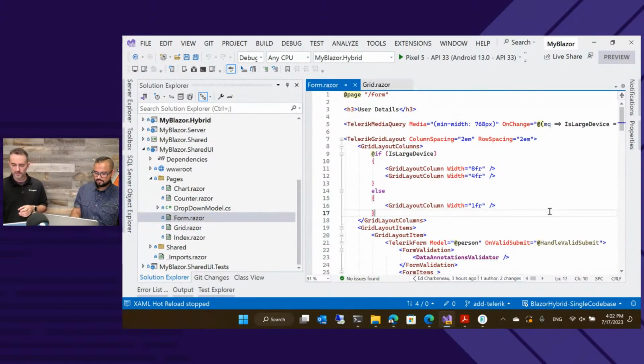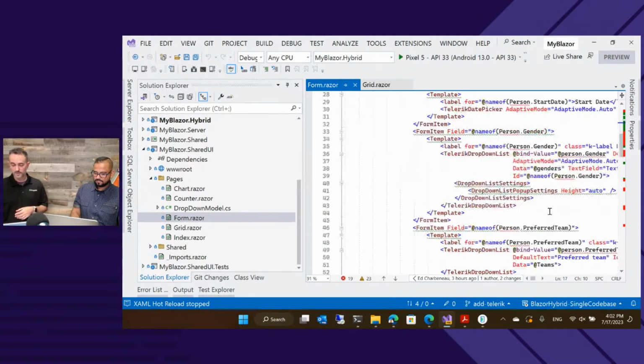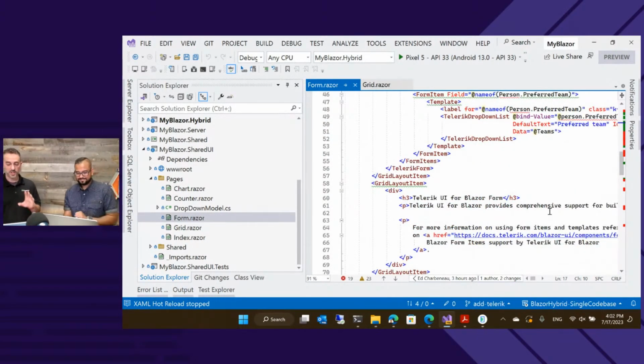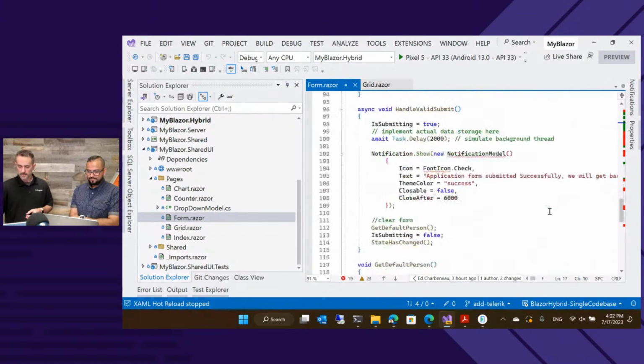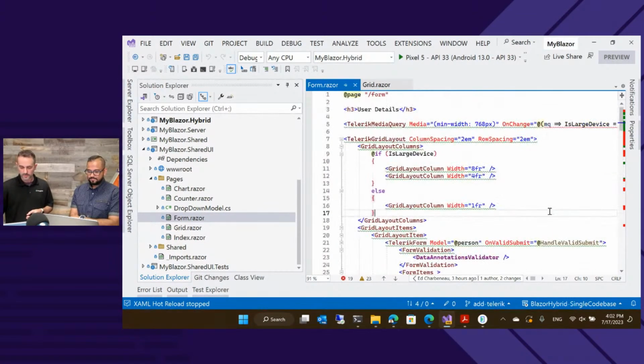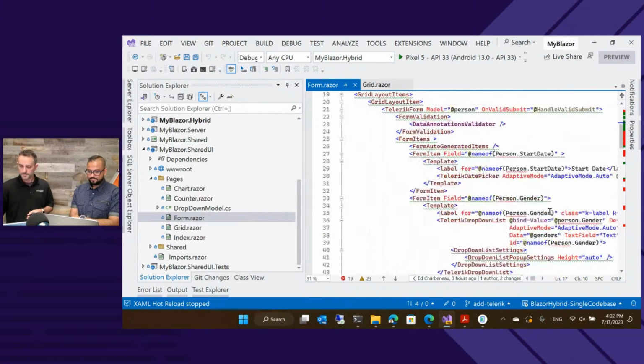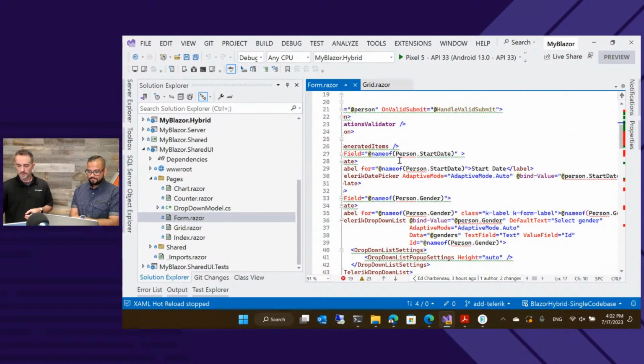I'm going to go over to my form component, and it's still there. Visual Studio didn't like the fact that I changed branches is what it is. But if we look at, sorry, it's on our form inputs. I didn't have to rewrite any of the code. It's not like a per device type of thing. All I'm doing is setting this flag. Adaptive mode. If I set it to automatic, it tells the component to look at the screen size and render according to that screen size.